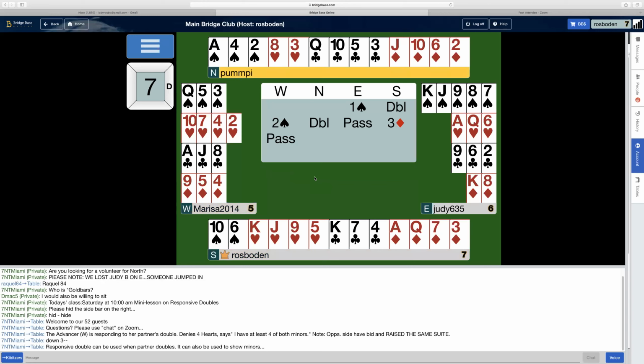Is there a minimum for the responsive double? Like just 6 to 10, or 6 to whatever? It's interesting because